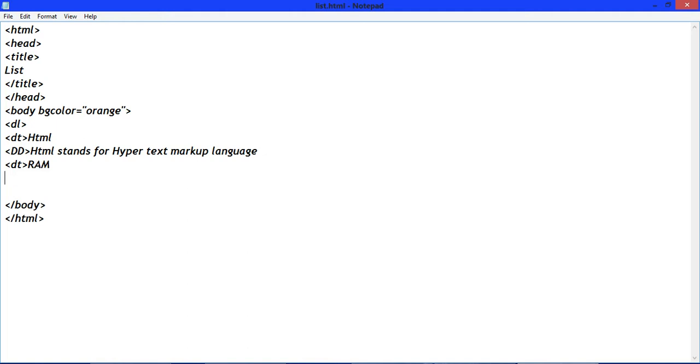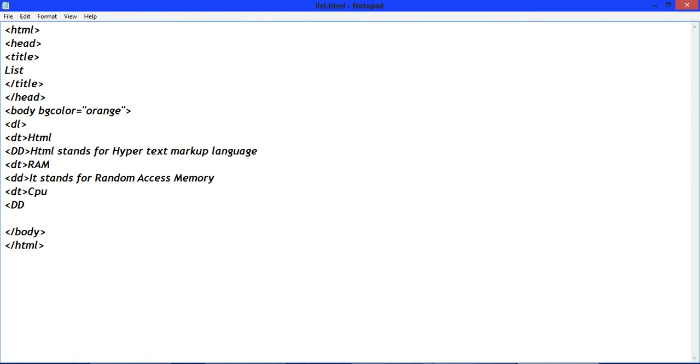Okay, now again write DT tag and write RAM. Now write DD. It stands for random access memory. Okay, now again write DT and write here CPU.